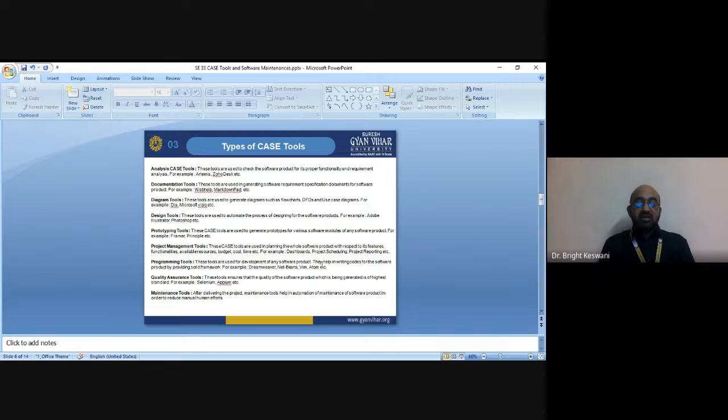They design and generate special or detailed system design components, like they generate the screen and they generate the databases, and sometimes they automatically generate complete application code from analysis and specification. Okay, so such type of lower case tools are further divided into some other categories like application programmer workbenches and component generators and code generators. So these are three types of lower case tools for system design and implementation.